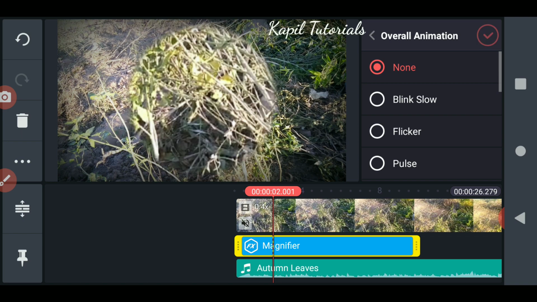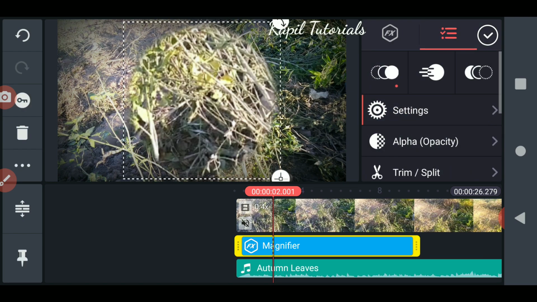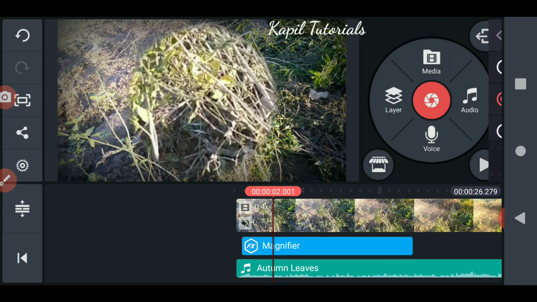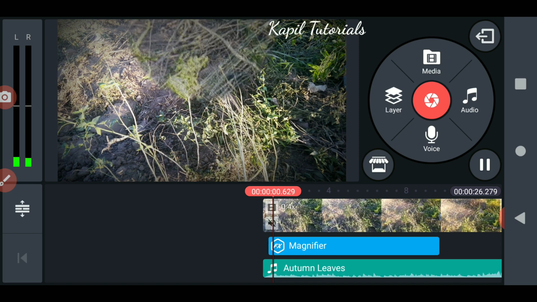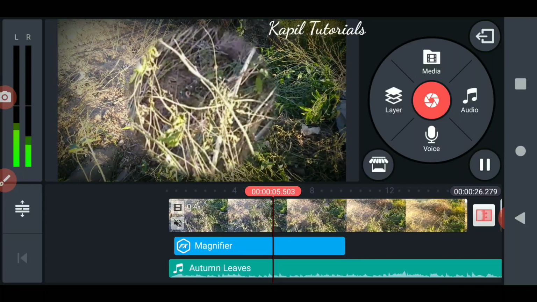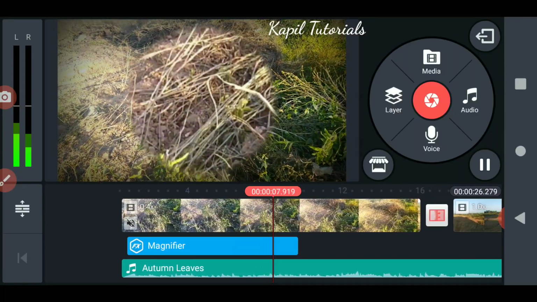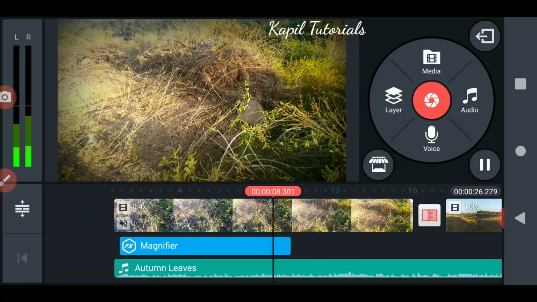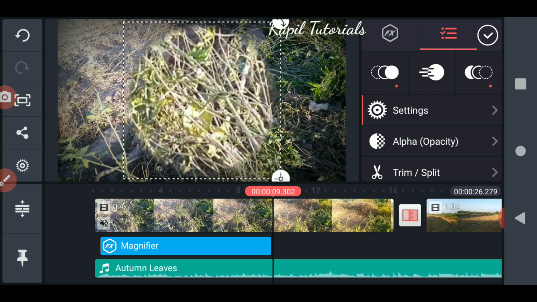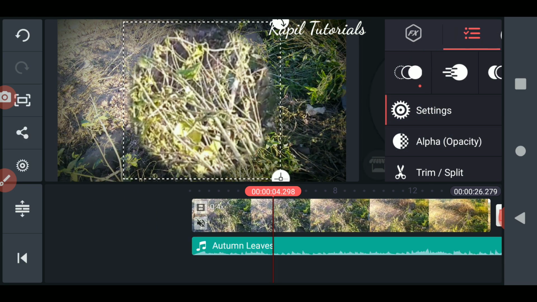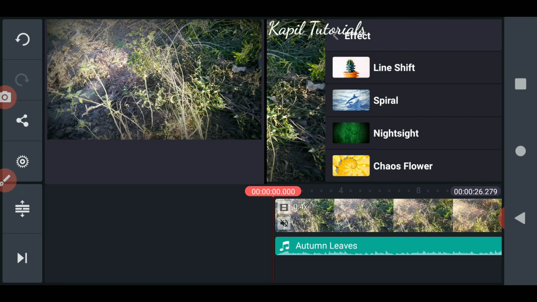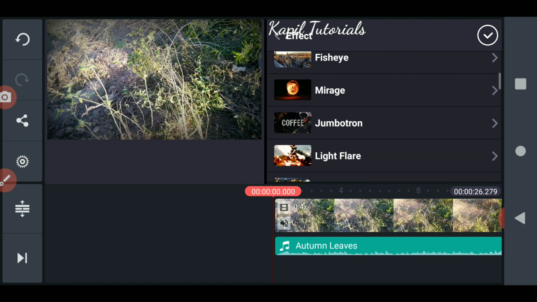Just now I click on none. Okay, and the third one is how it should go out. If I click on fade like this, it will give you the effect. Just see how it will go. It will fade itself. Just see. So I hope you are clear with the effects. I'll delete this effect also. So you are free to try as many effects. Okay, I've given you many kinds of effects.